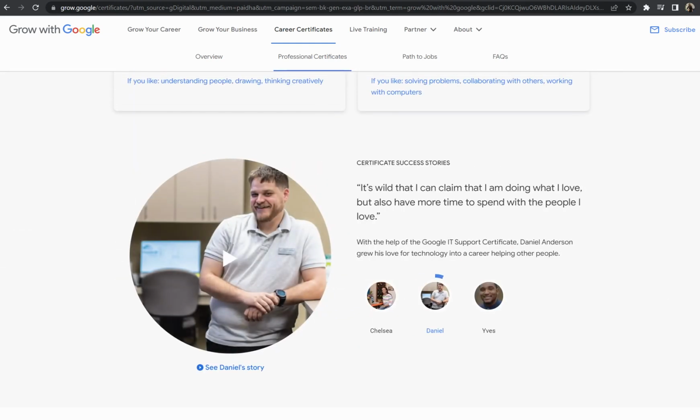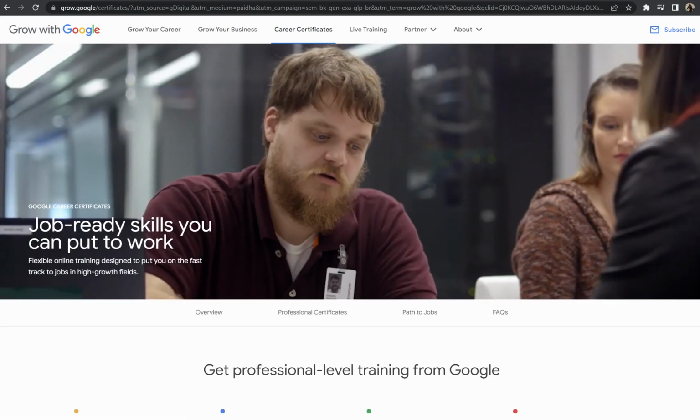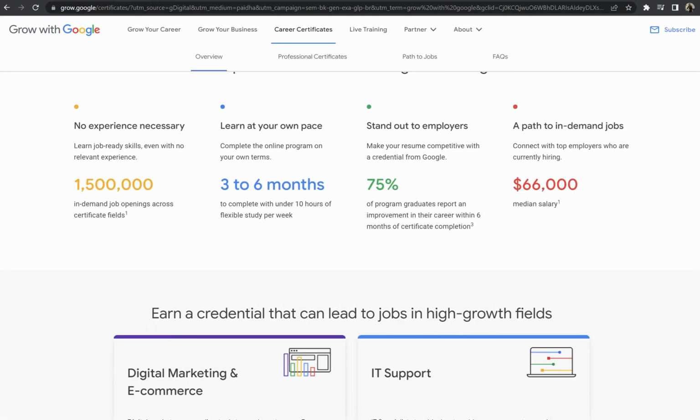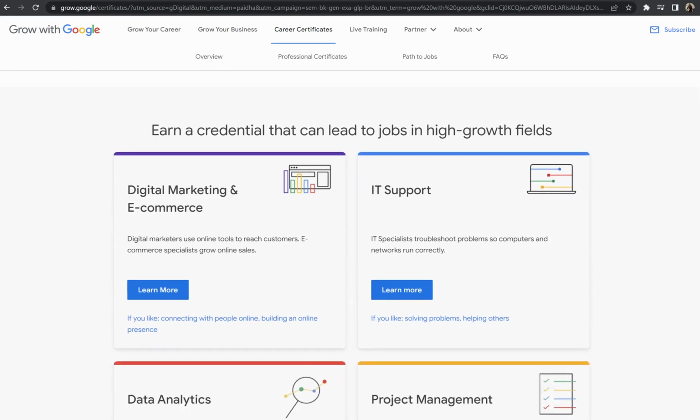This is legitimate and valuable information from Google, that they are helping students who are searching for jobs online. So you must learn from this kind of portal. Google is the dream company for most people, right? You can learn their tools from the portal itself, and it will be easy for you to narrow down your job search instead of randomly searching everywhere. If you already know their tool or product, you will be able to land a job